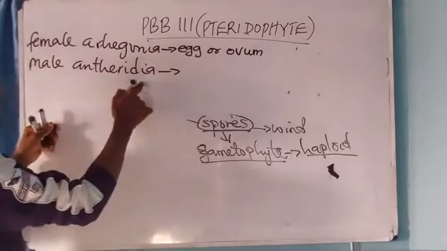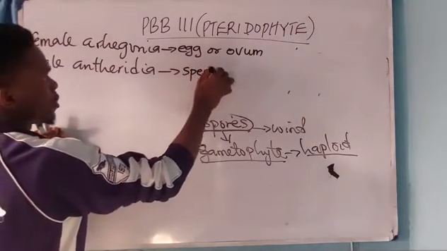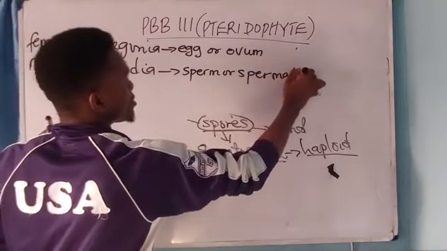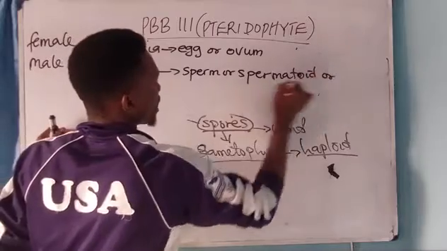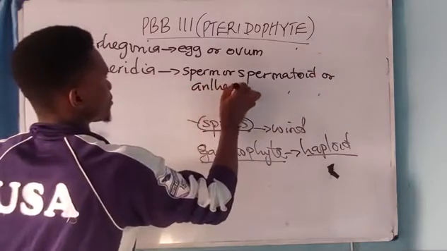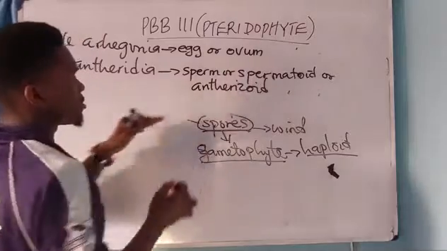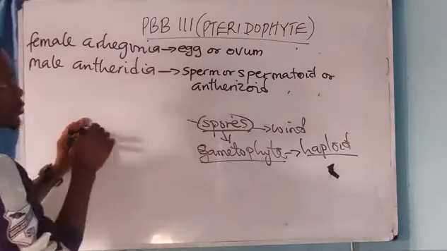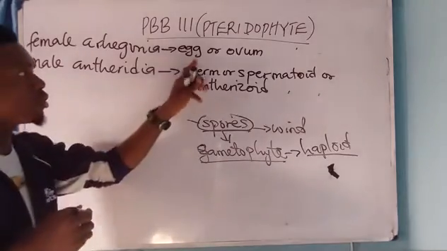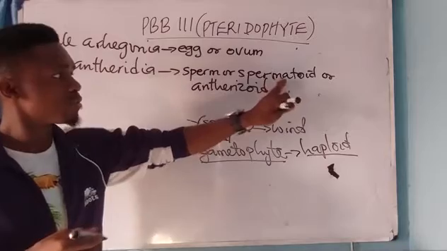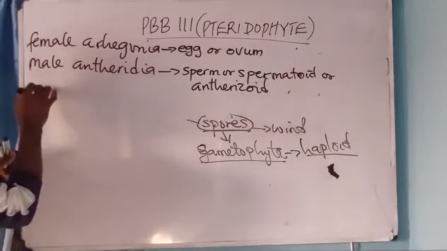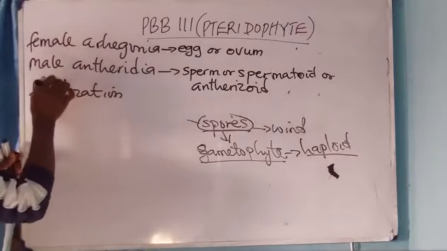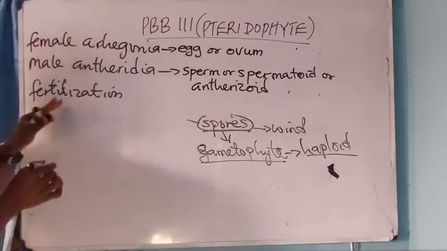And the male antheridia will produce what? Sperm or spermatoids, spermatozoid or antherozoid. Alright, these are what? Sex cells. As soon as this egg is produced and this spermatozoid is produced, there will be a fusion. The fusion of the egg or ovum with that of any of these is called what? Fertilization. Now, during fertilization, please,